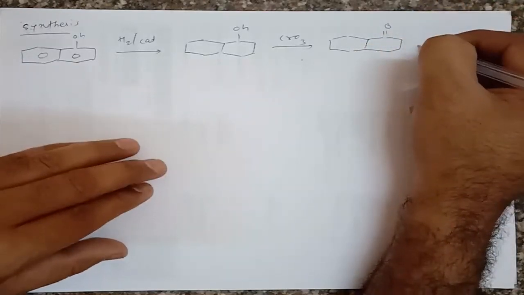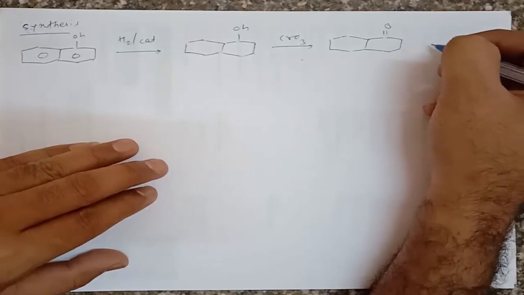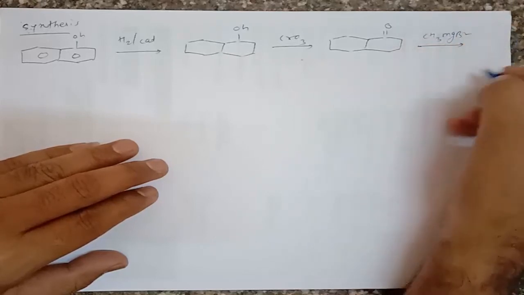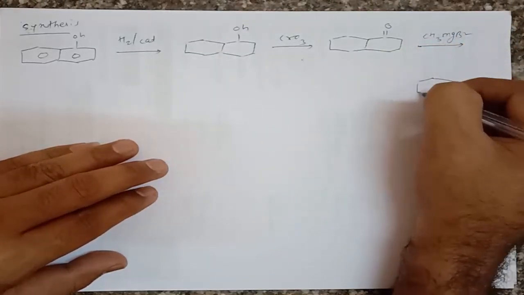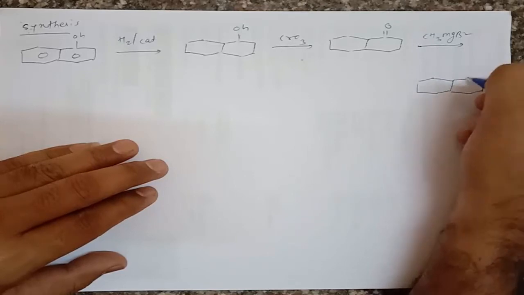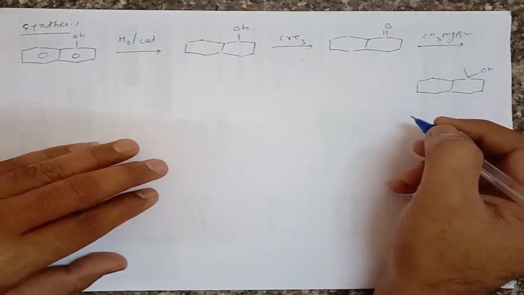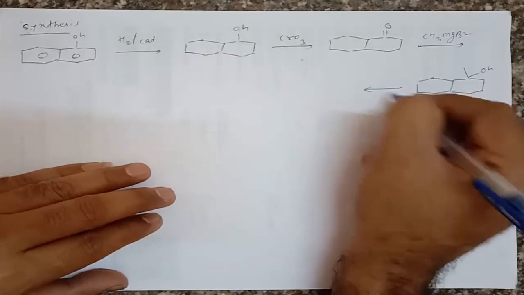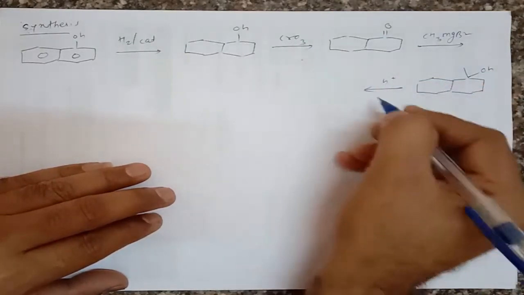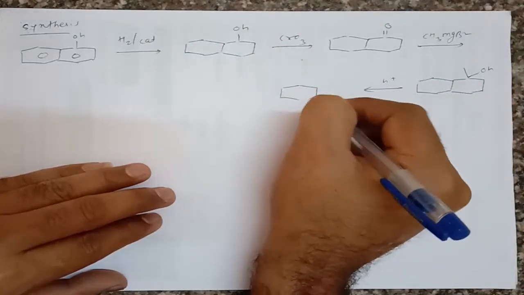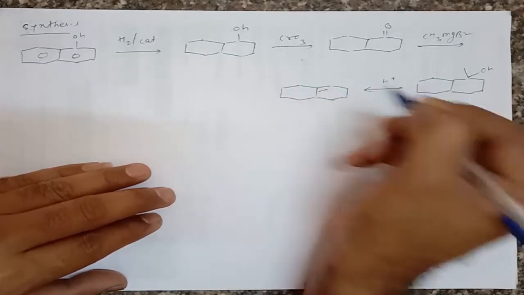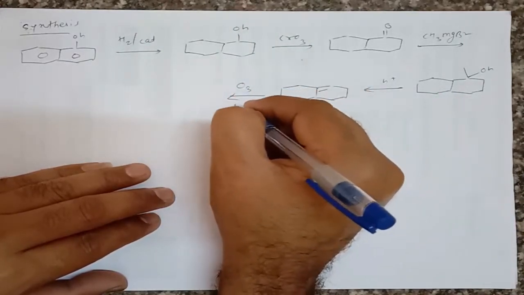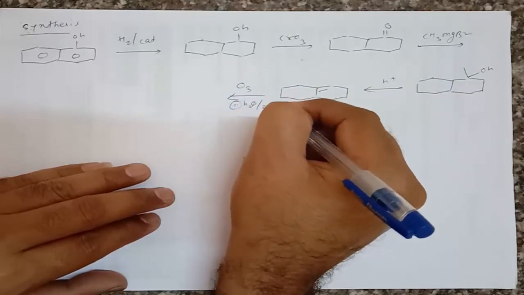Now we can treat this molecule with a Grignard reagent. So which is the Grignard reagent? That is methyl magnesium bromide. So what does it give? It gives the formation of a methyl alcohol. And then in the second step it gives elimination of a water molecule. In acidic conditions, it will eliminate the water molecule, and it gives the formation of a cyclic double bond. And then we have to go for the ozonolysis, right? And then thirdly we have to use H2O and zinc.